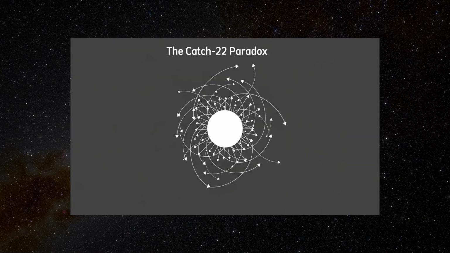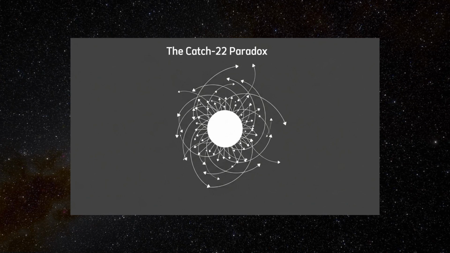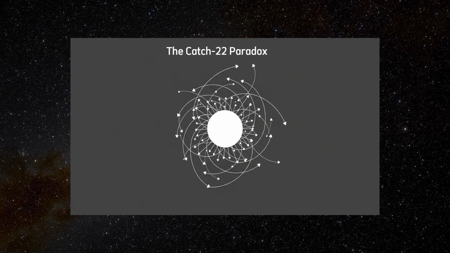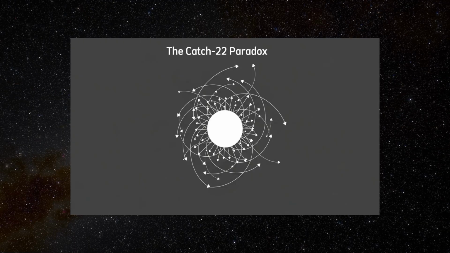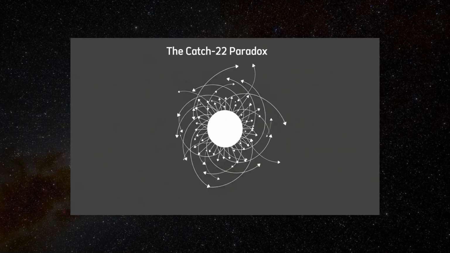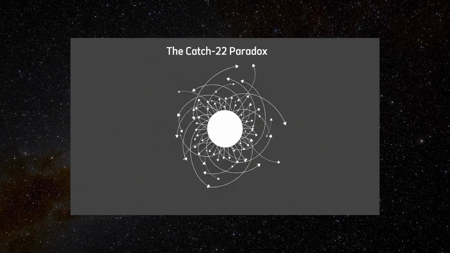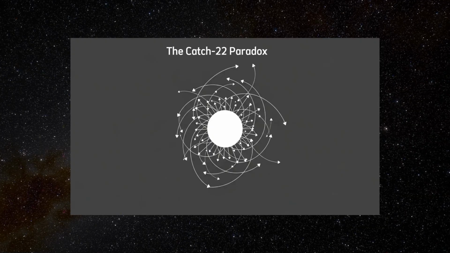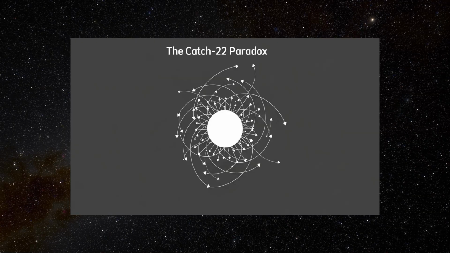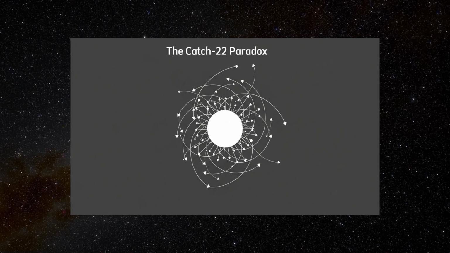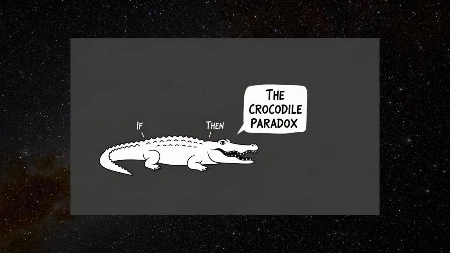What makes the Catch-22 paradox powerful is not just its logical twist, but its emotional resonance. It captures the feeling of being trapped by institutions, rules, or social norms that are designed to be impenetrable, shifting, or self-justifying. In essence, the Catch-22 paradox shows how logic, when twisted to serve power, can become a mechanism of entrapment rather than liberation. It reminds us that reason alone, when divorced from compassion or justice, can become absurd, and even cruel.